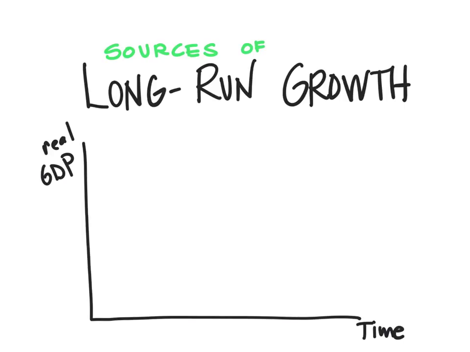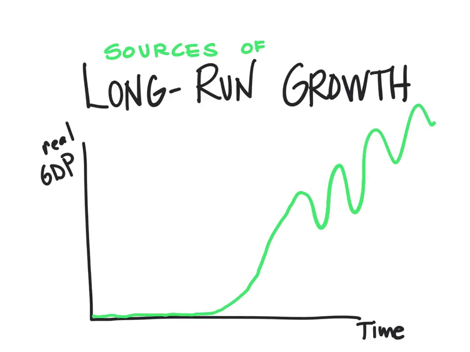So let's look at the sources of long-run economic growth. If you look at real GDP over time in human history, for what we think was the longest time, this happened, and then all of a sudden this took off. But of course it's not stable, right? We've got these peaks, these troughs, these recessions, these expansions, so that while on average our growth rate is now